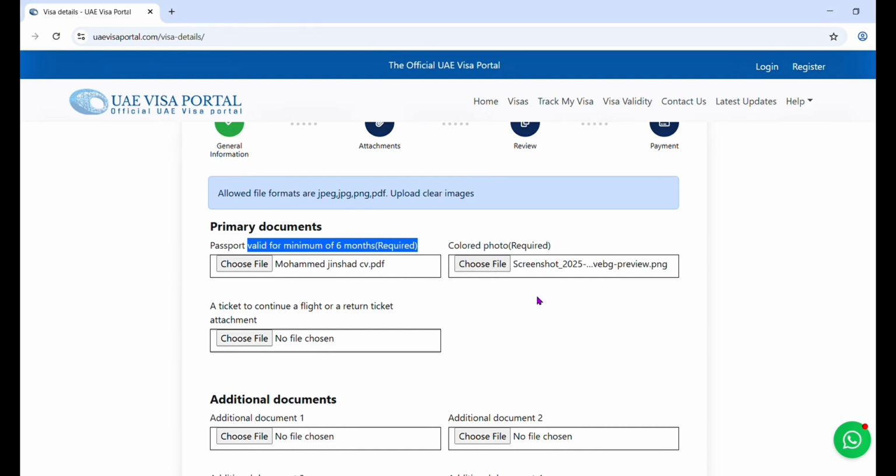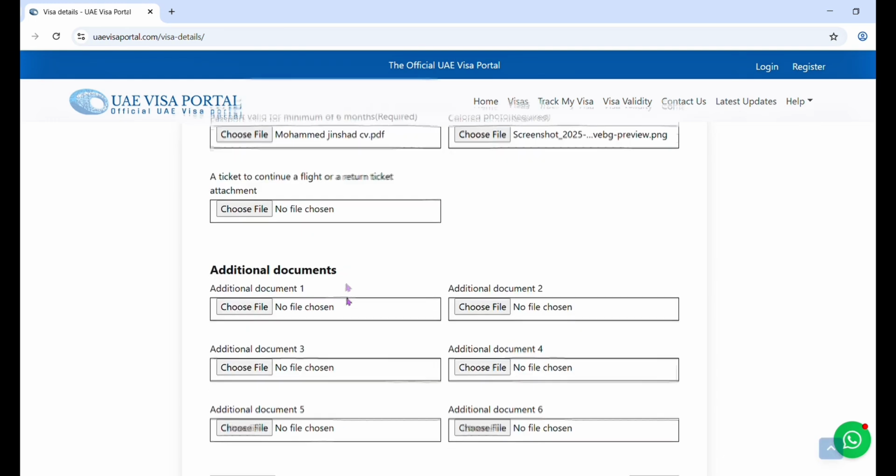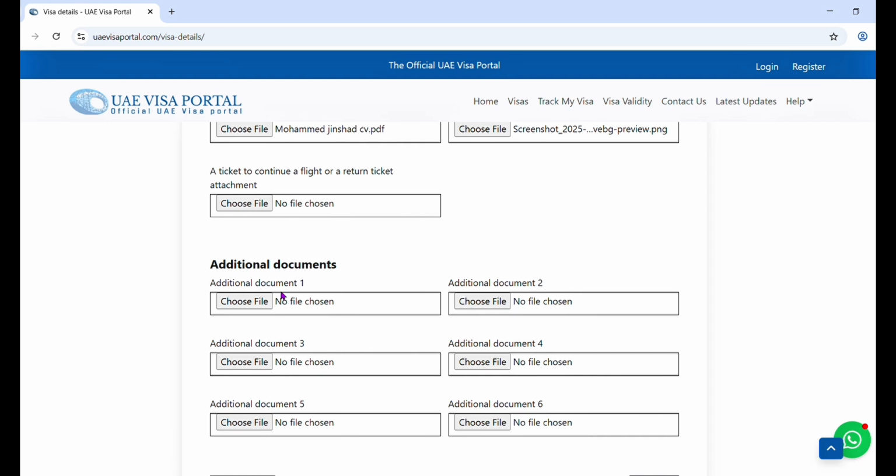I'm adding this one just for testing only. And your flight ticket, your return flight ticket. It should be a valid return flight ticket. If you upload an invalid flight ticket, your visa will be rejected. And an additional document is also required, your hotel booking where you are staying.